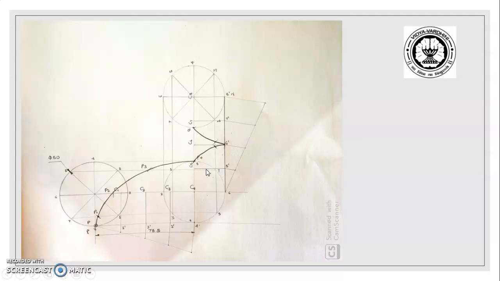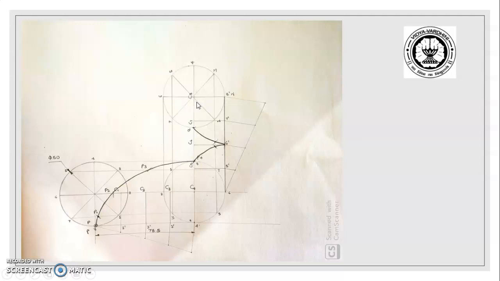Similarly, we can do center equal to C5 and radius equal to 25. We will cut an arc on the projections of 5. So that is here. Then from C6, projections of 6. That means my point will be at this point. Again at C7, on the projection of 7 will be here. And finally C8, projections of 8 will be here. This is how we can draw the cycloid for one half of revolution and the other half of the revolution.